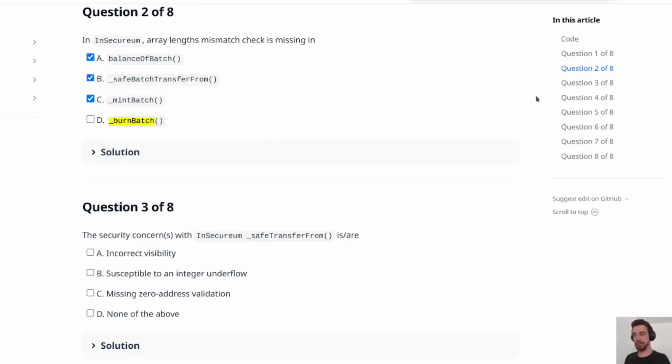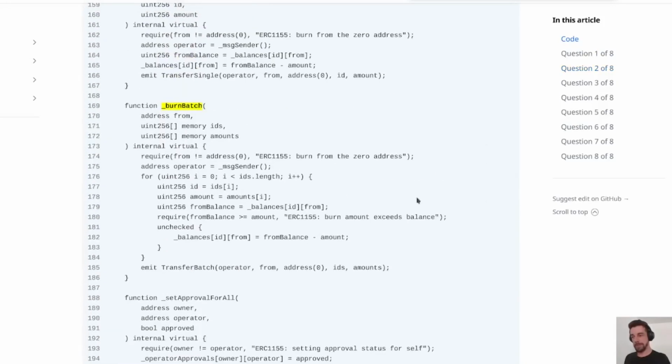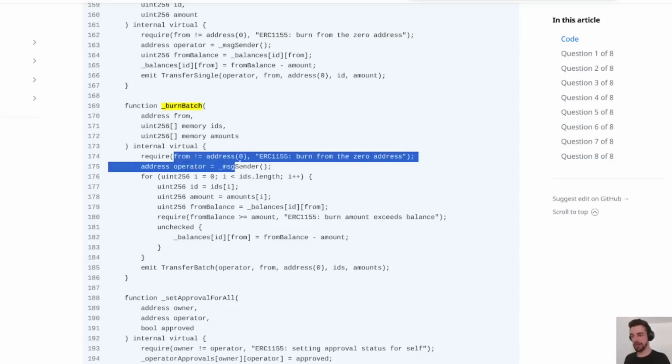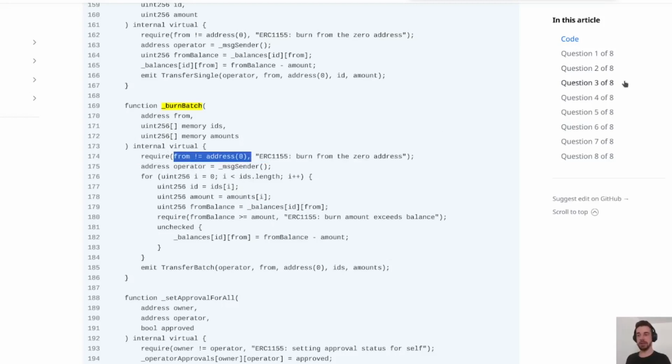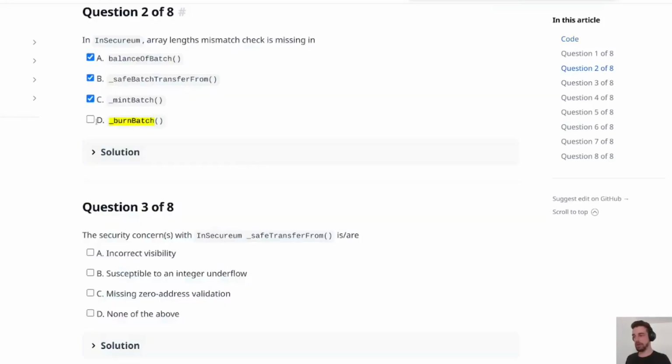And finally, burn batch. And burn batch, just like the others, has IDs and amounts. It accesses both of these arrays with the same index. And once again, there is only the address 0 check. So all of these functions are missing an array length check, even though you could argue that these internal functions